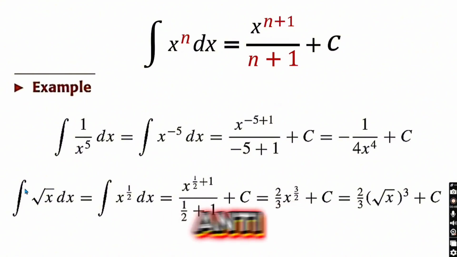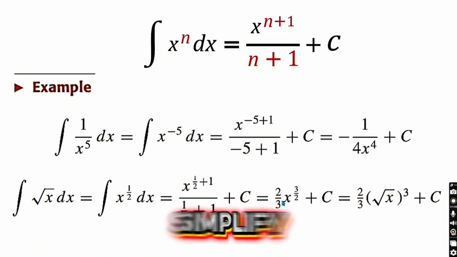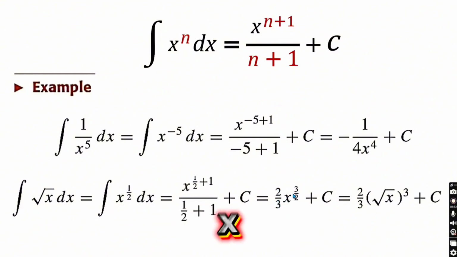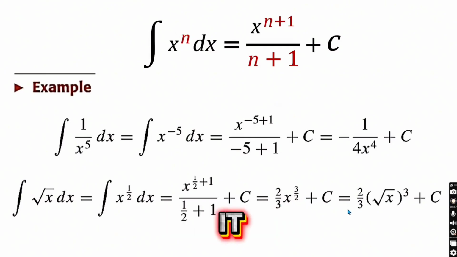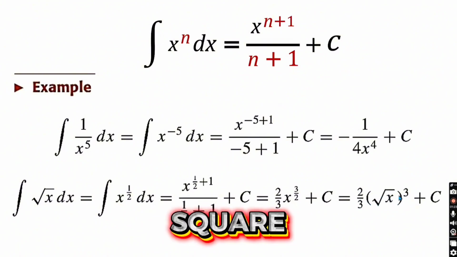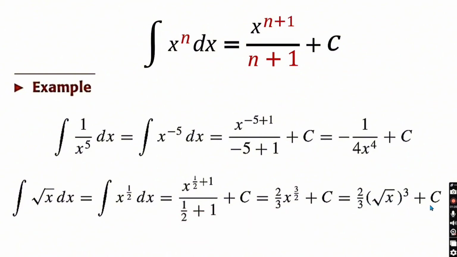Another, we have the antiderivative or indefinite integral of square root of x with respect to x. So convert this into a rational exponent. So x, the exponent is 1 over 2, the denominator, and plus 1, copy this here, plus c. And then simplify, we have 2/3 x raised to the power of 3 halves plus c. Further, it can be simplified in this form: 2/3 times the quantity square root of x cubed plus c.